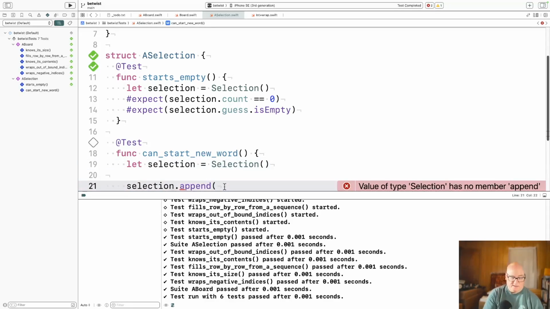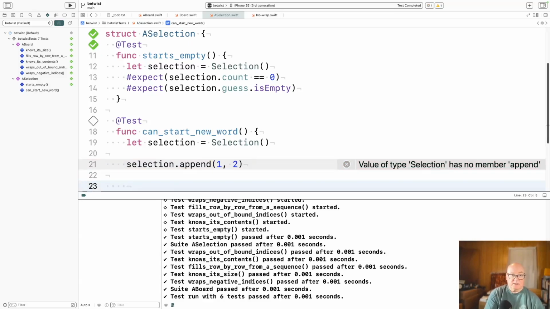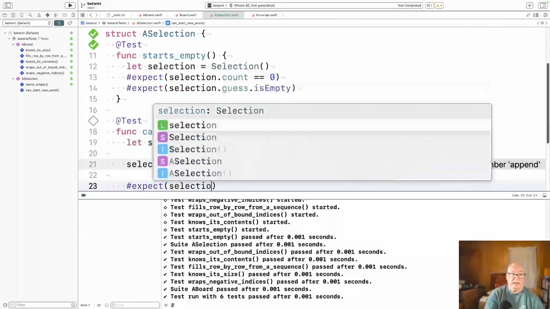Yeah, so let's say, okay, we don't need it for this, so I'm going to leave it there for now. But if you said in row 1, column 2, I think if it knew the board, that would be a meaningful thing to say. All right, and then I would want to say, well, I expect selection.count is 1,